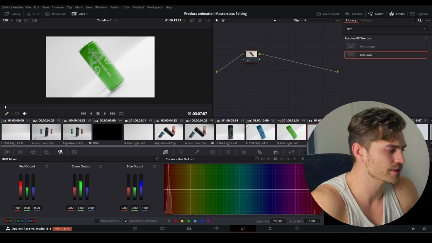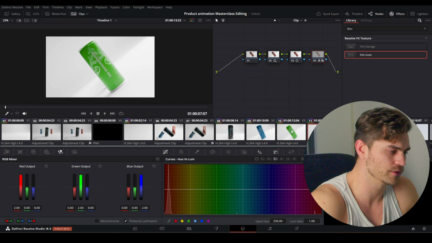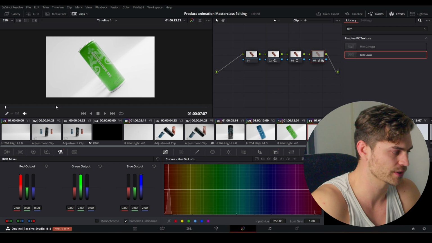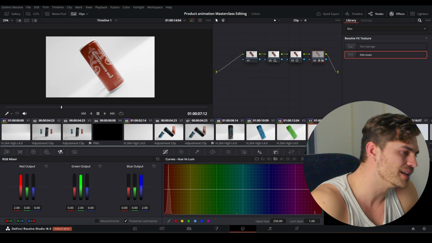So I'm going to select this orange color and then click on the blue color setup, because I do not want to take any greens out of this orange color. That wouldn't make any sense. And I think it could be a little bit more orange.